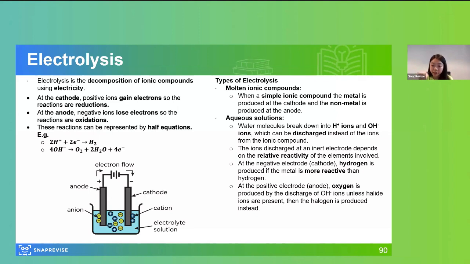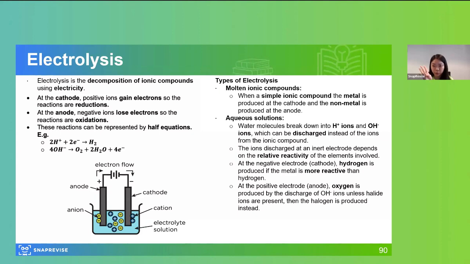Okay, this is why you need to understand the reactivity series. At the cathode, where the metal is usually produced, if the metal is more reactive than hydrogen, hydrogen will be produced instead, not the metal. So let me say that again. At the negative electrode, in aqueous solutions, when there are both positive and negative ions from the ionic compound,